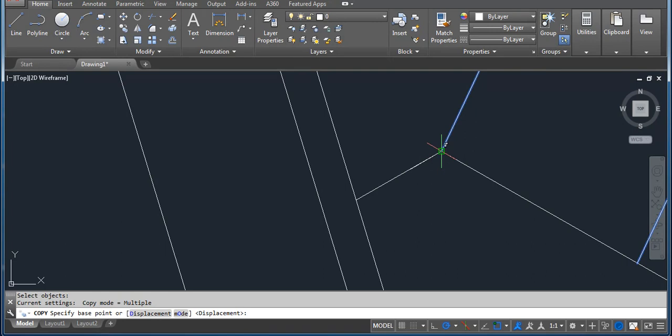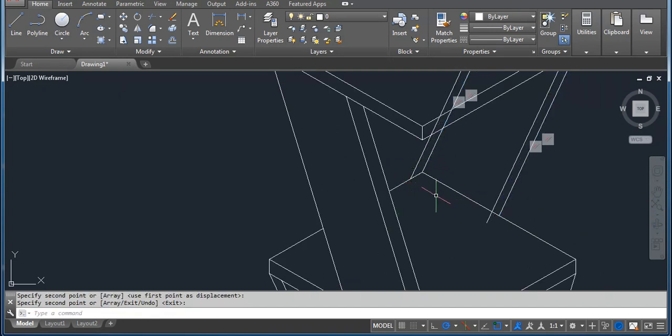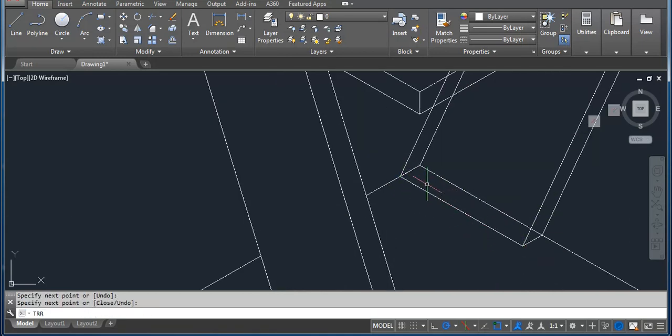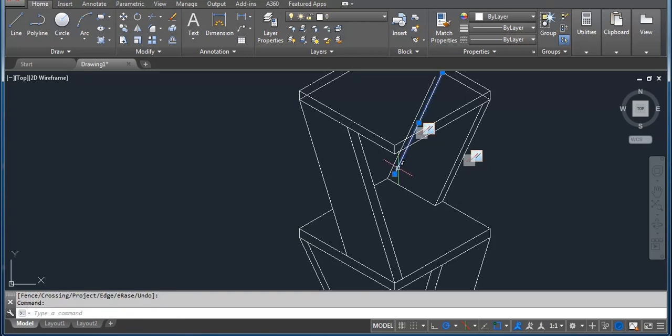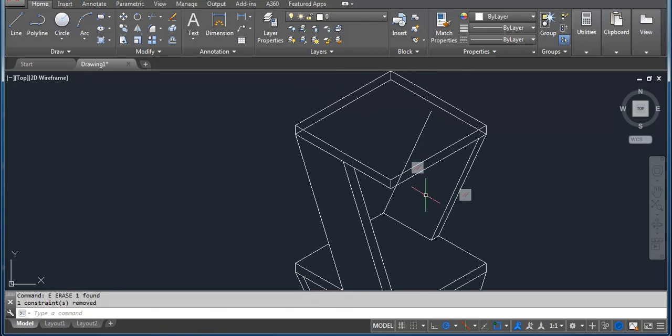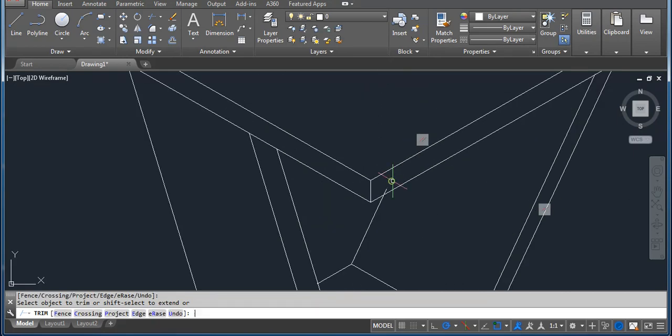select the line अगर पहले नहीं select हुई थी, first point and then second point, ठीक है। इसको करेंगे line again, close it क्योंकि हमें ये पोर्शन दिखेगा, and then trim this line, TR double enter, अगर यहाँ पे line है first we have to erase it and then TR double enter and then trim these lines,